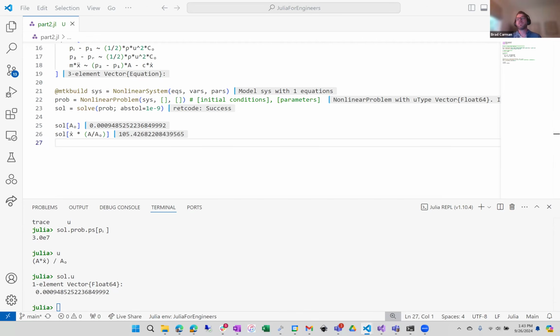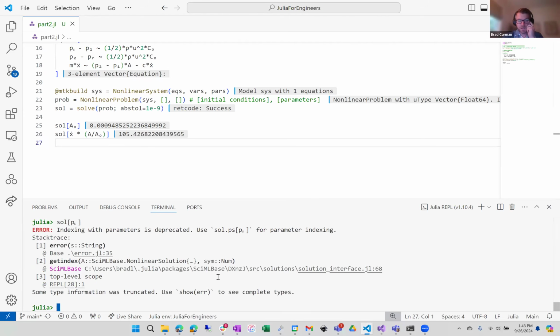Oh, okay. The question about the parameter index was, can you index a parameter from the solution? Meaning, can you type P sub S here? And as you can see, the answer is no. It actually explains that this is deprecated. Instead, you have to type this. The reasons for that would be a deep dive discussion. But basically,